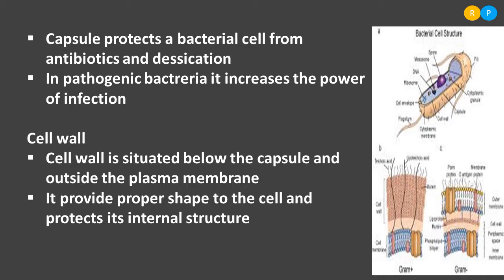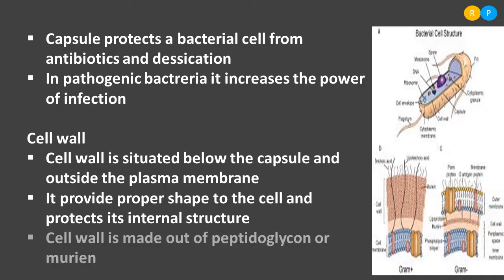So the cell wall is tough in nature compared to the plasma membrane. So the cell wall is giving proper shape as well as protecting the cell. Actually, it is protecting the internal structure of the cell, that means the cytoplasmic region as well as the nuclear membrane, then the plasma membrane. These are all the inner structures, and they get protected by the cell wall.